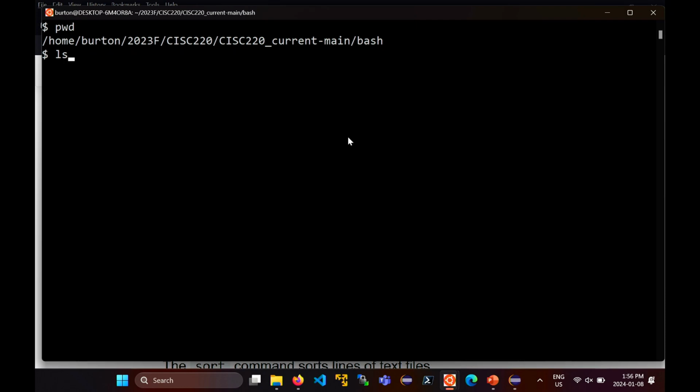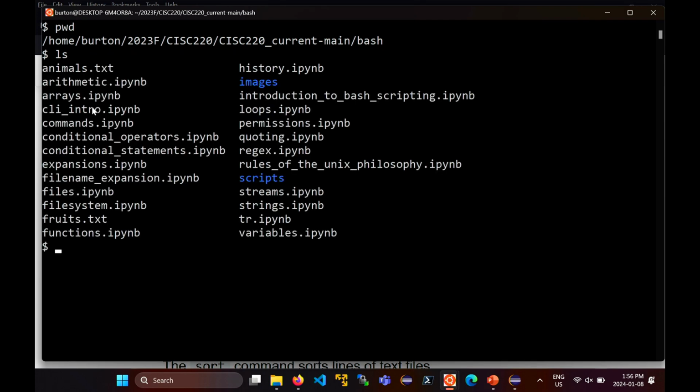If I want to know what's in the folder or in the directory, I use the command ls, which is short for list. That's ls, it's not one s. If I type ls and press Enter, it lists all the files that are in the folder. All of these files that end with IPYNB are your Jupyter Notebook files.